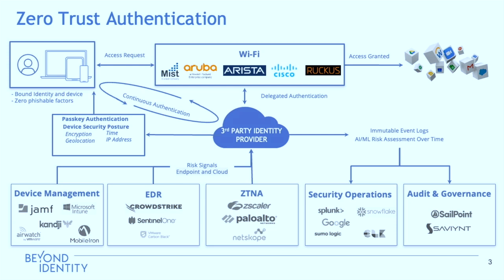Here, the layer 3 based authentication uses a SAML or an OIDC redirect. And the job of the identity provider is to generate that public-private key pair, make sure that the identity and device are bound together, check for the risk signals at the time of authentication, and look at the enterprise ecosystem. For instance, we are leveraging some sort of an EDR. You have a CrowdStrike client running. You actually check the CrowdStrike cloud to ensure that, yes, this device is running a CrowdStrike agent, and so on and so forth. So that's just one example.